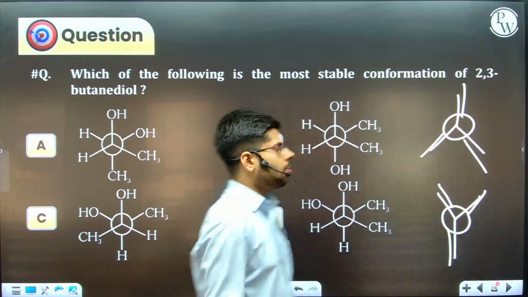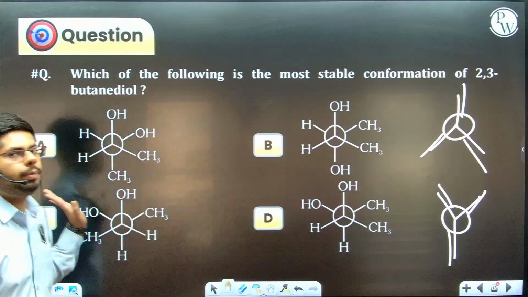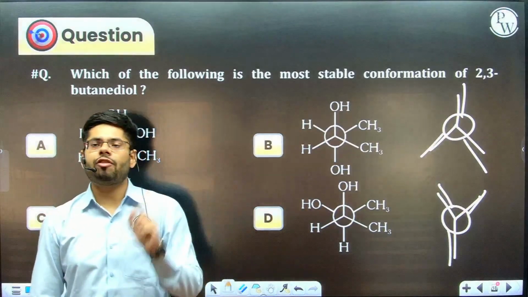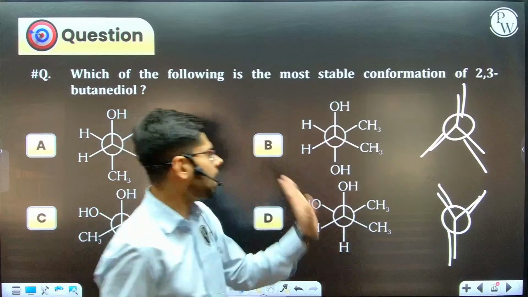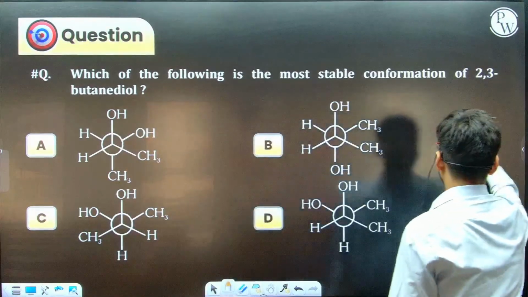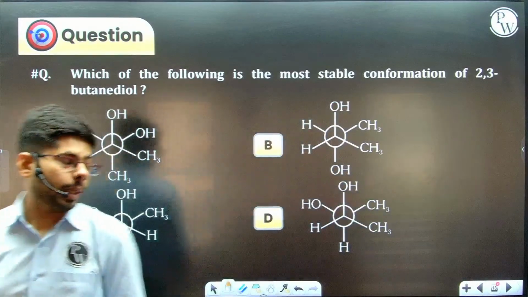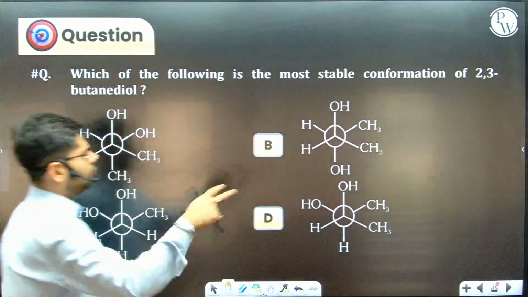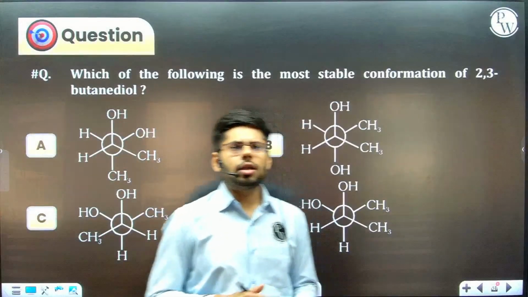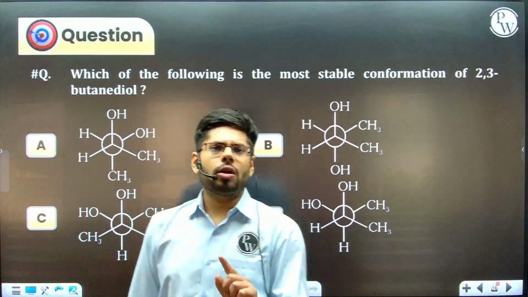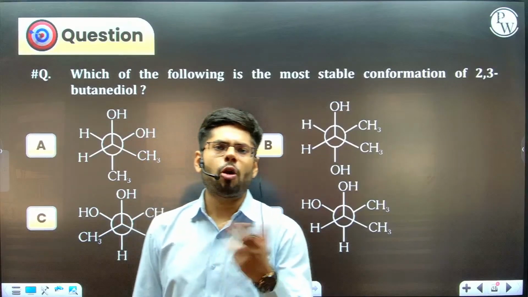These are eclipsed. But if you look at the options, there is no eclipsed conformer at all. Eclipsed conformers are always less stable than staggered conformers. That is the first thing. But then in the options, there is no eclipsed conformer. Now out of staggered conformers also, we have to remember that if there is scope for intramolecular H bonding,